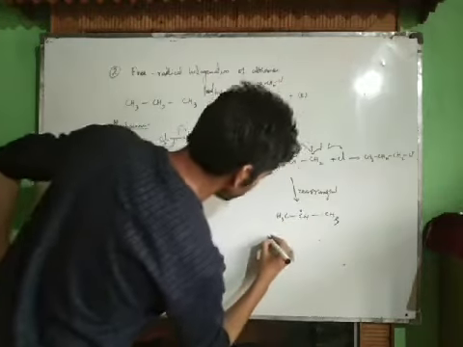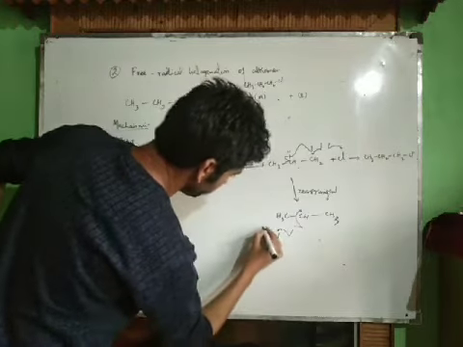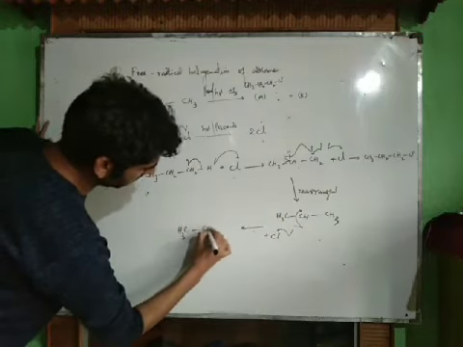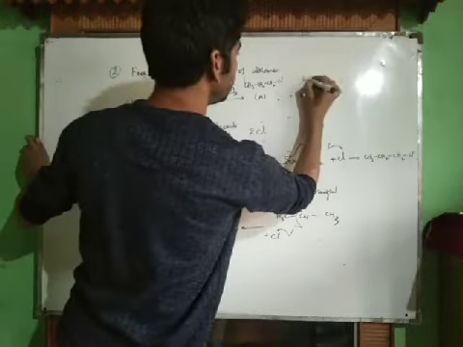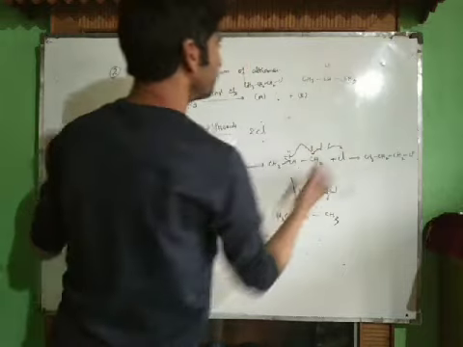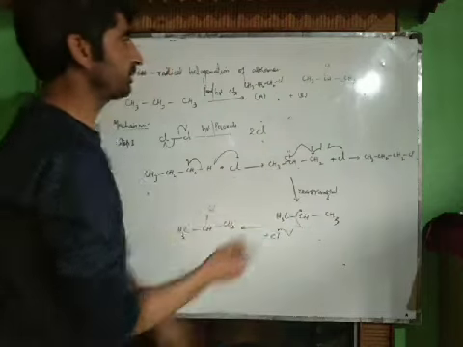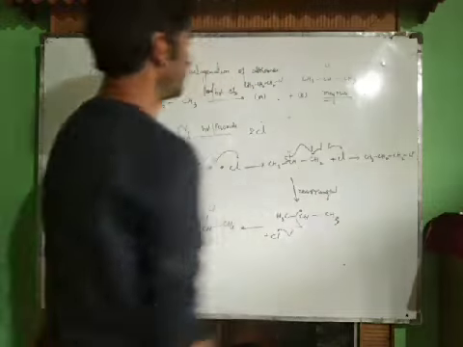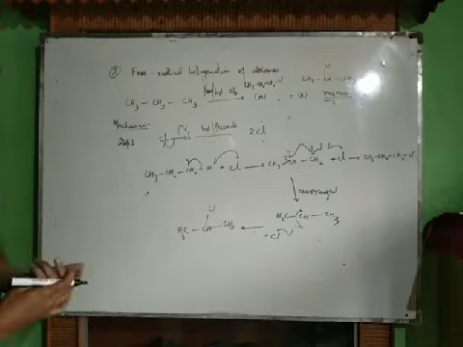Now it can react with the secondary radical as well. We get the secondary alkyl halide, 2-chloropropane. The second product is CH3, CHCl, CH3. Now which one is the major product? This will be the major product, because it is formed from the most stable radical. When the question asks to predict the major product of the reaction, this is how halogenation takes place in alkanes.